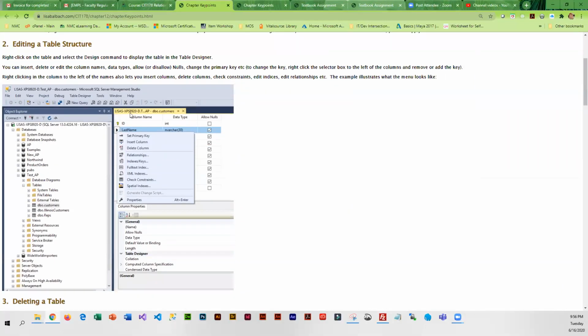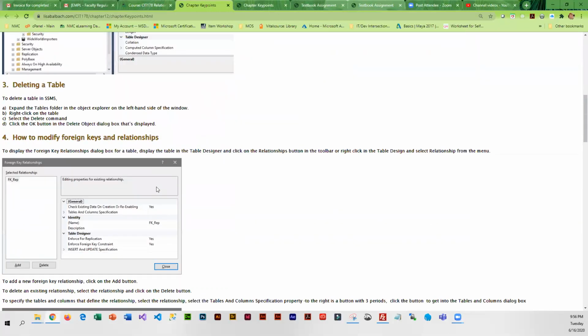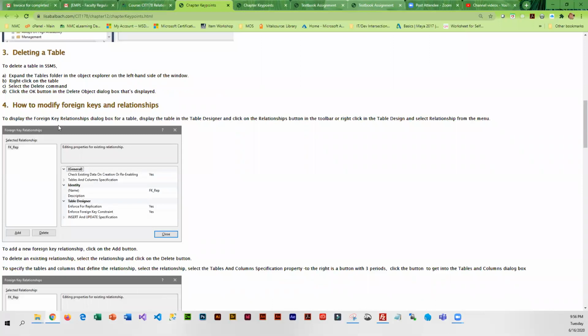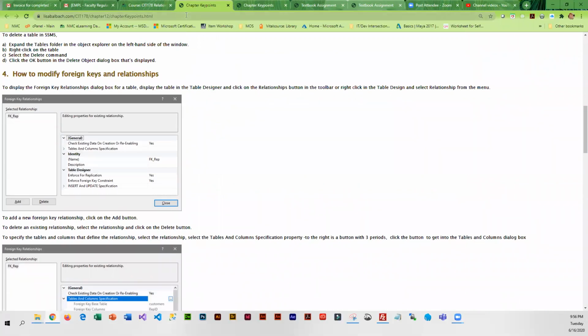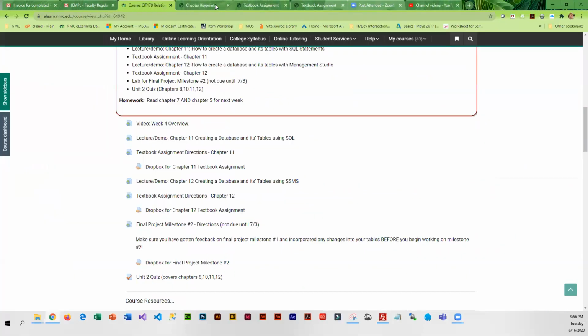And we end up getting into the table designer. Anything that you can do through code, you can do through this interface. So this describes how to work through those commands. And then the textbook assignment actually has you execute the commands. You're going to create a little database, you're going to create a couple tables, add some constraints, and more importantly,